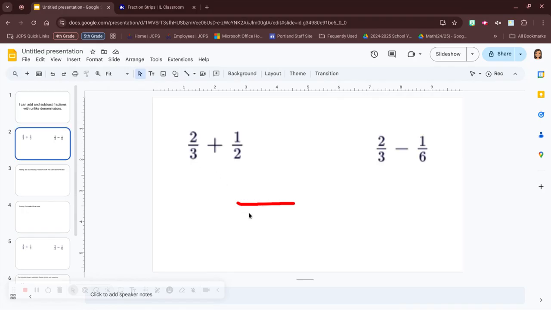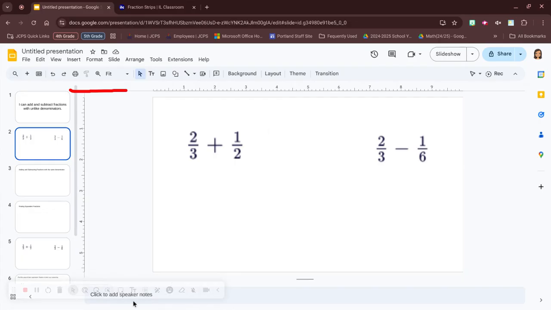So when we get back, we are going to be solving problems like the ones you see on the screen. 2/3 plus 1/2, and what does that equal? And then 2/3 minus 1/6. So before we can do adding and subtracting of numbers with unlike denominators, or denominators that are not the same,